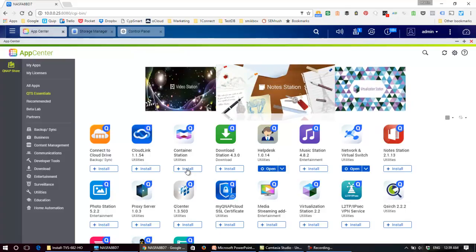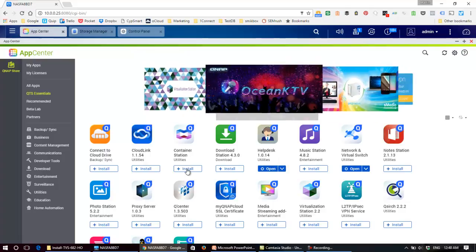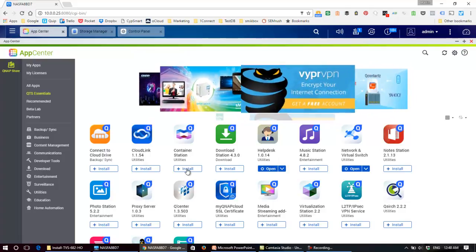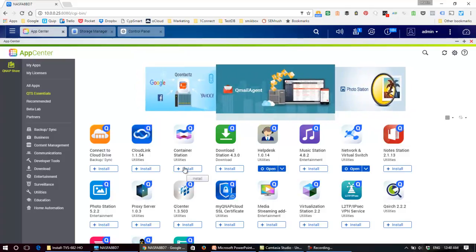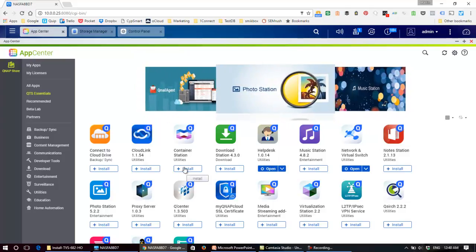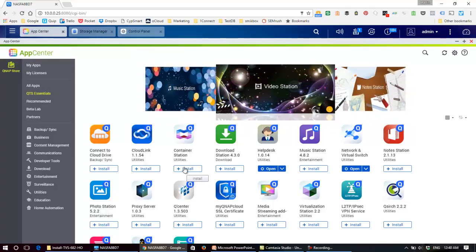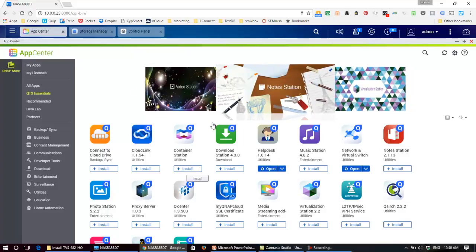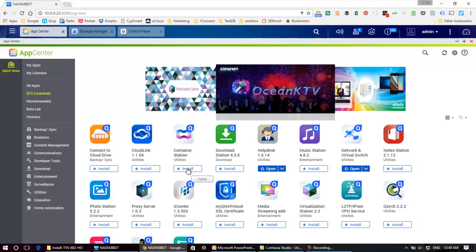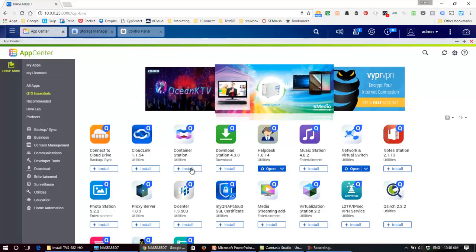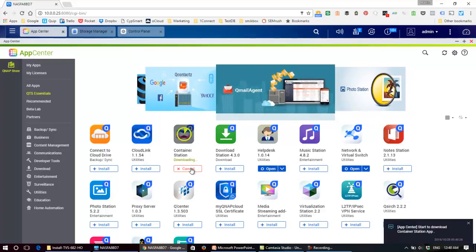So Container Station, if you remember from a prior video segment, is a mechanism that you can use within the NAS to run Docker containers. And Docker containers is another way of downloading software from the cloud, from any of the application stores, and it's an alternate way of running it, which is very popular for Internet of Things style applications. So we'll install that. The first thing you'll notice is that it starts the download,